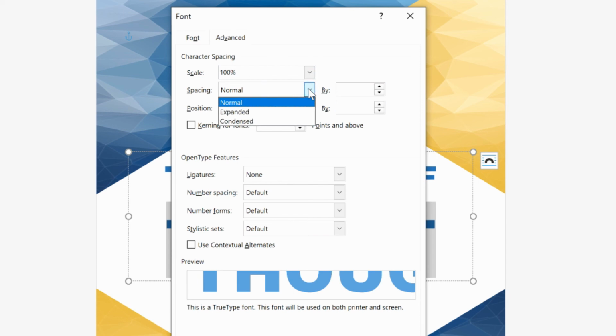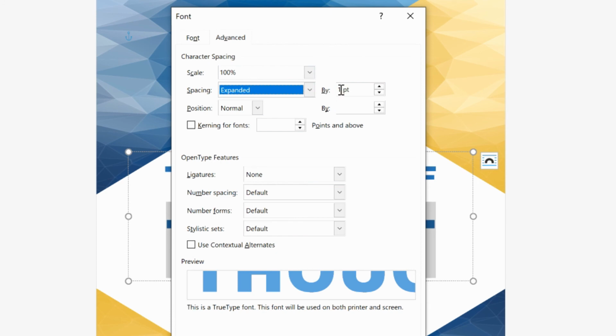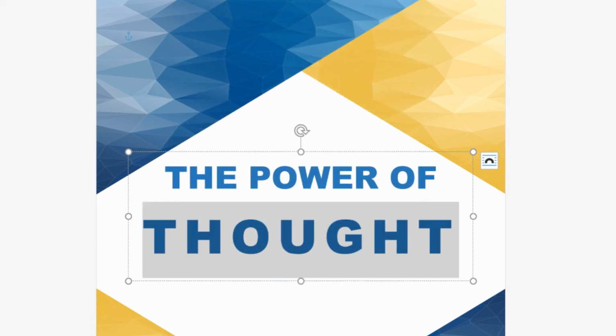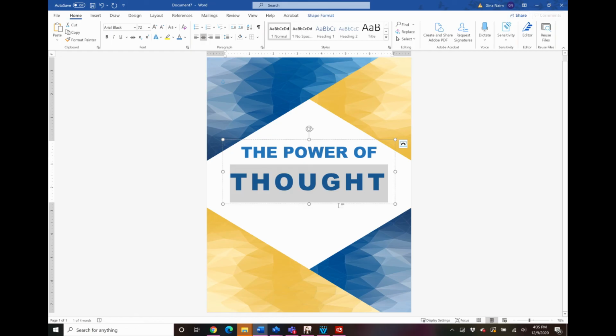That's not to be confused with paragraph spacing. So you can say expanded, and let's expand it by 10 points. And then that spreads out your letters there. So you can play with that. It's a fun effect to do.